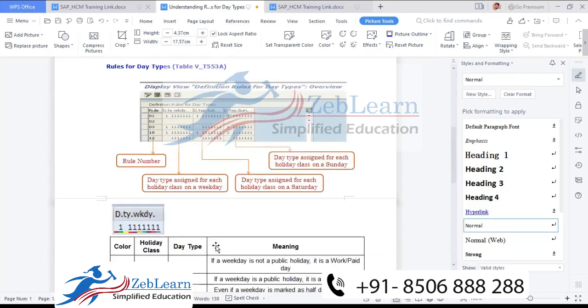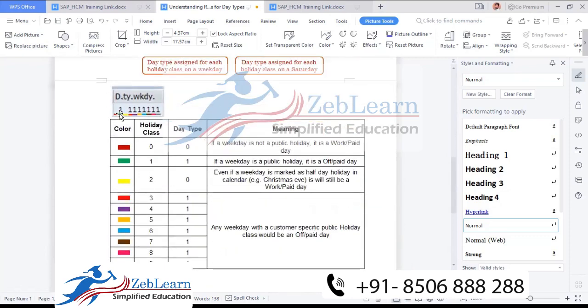Work and paid: it's a normal working day. The first red color indicates holiday class 0, which means a working day. If the day is a working day, then the day type will be work and paid. If it is a working day, then the employee will work and the company will pay. Okay.